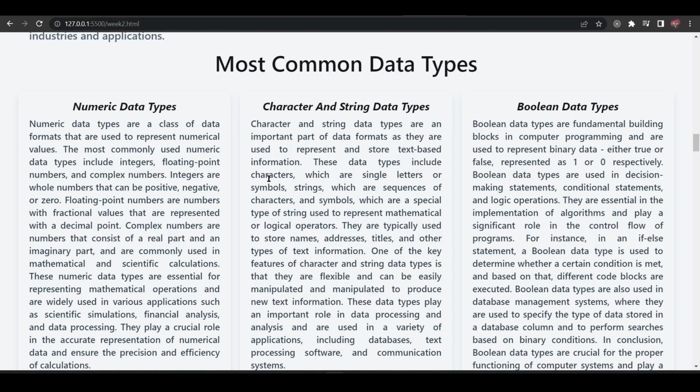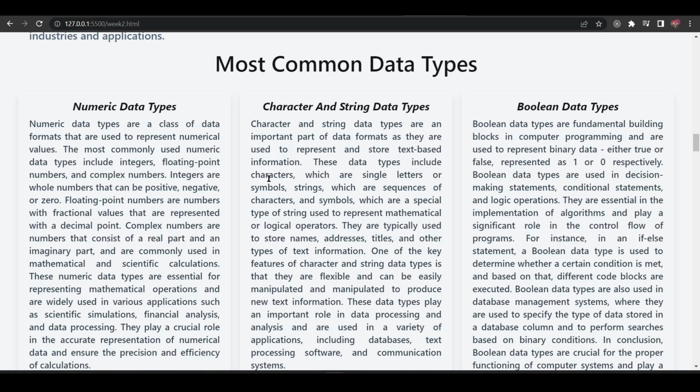Next are the character and string data types. So, character and string data types are an important part of data formats as they are used to represent and store text-based information. So, from the word itself, character and string. So, it saves a character and a string.